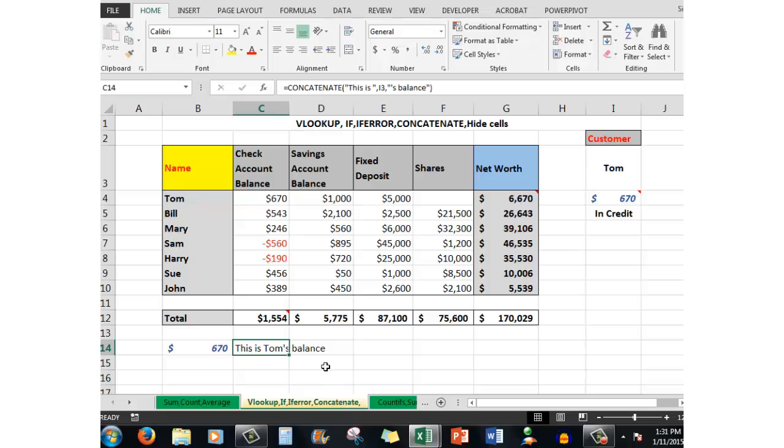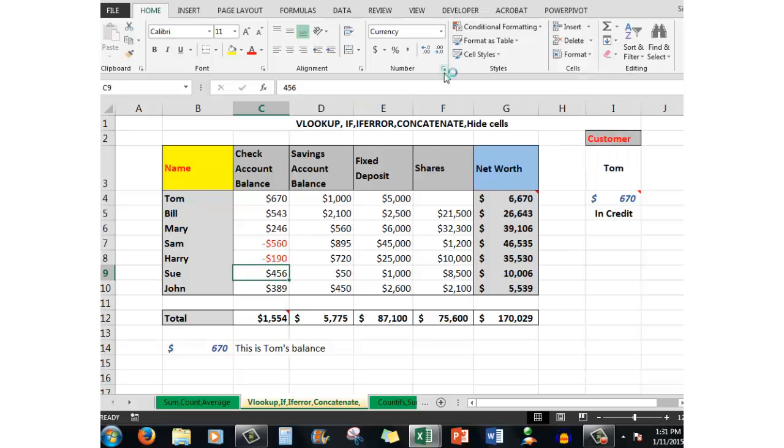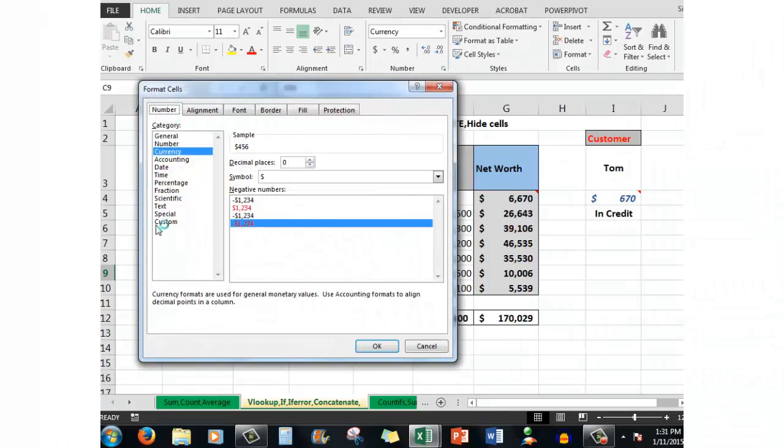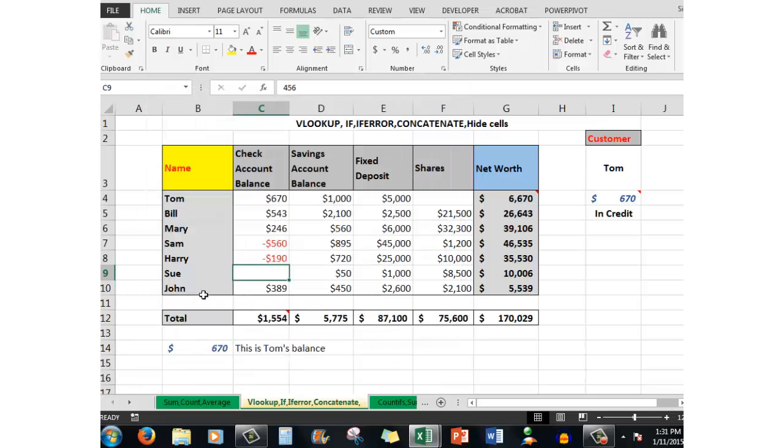Let's say that for whatever reason Sue says, I want my check account balance to be confidential. I don't want anybody to see it. So what we do, we click in the cell and then we go to the number group and click the drop arrow, and what that will do will allow me to go to the custom area, and in the type I get rid of the code that's in there, and I simply type 3 semicolons together, and when I click OK, there I see that Sue's